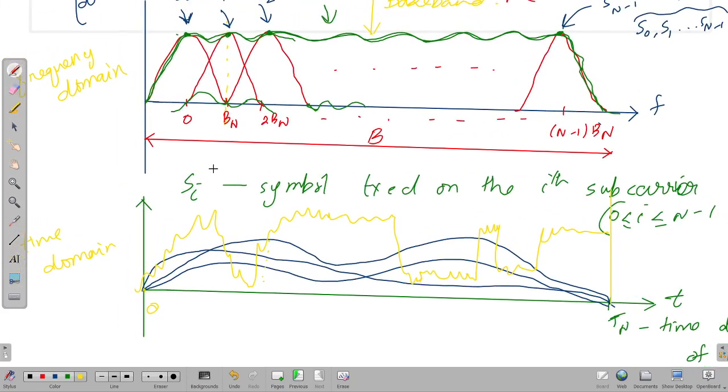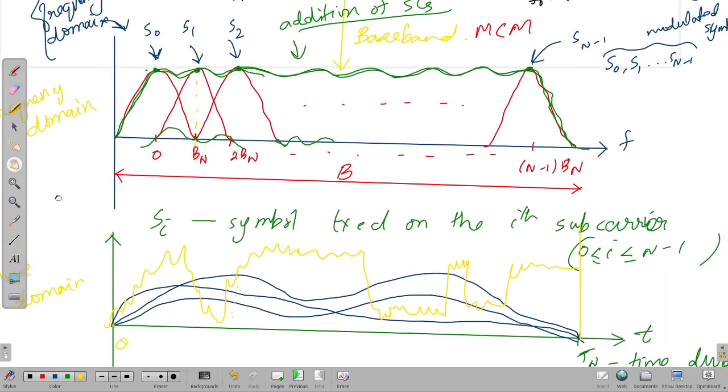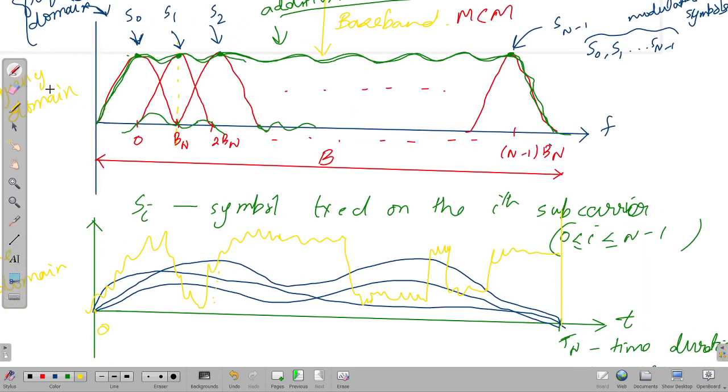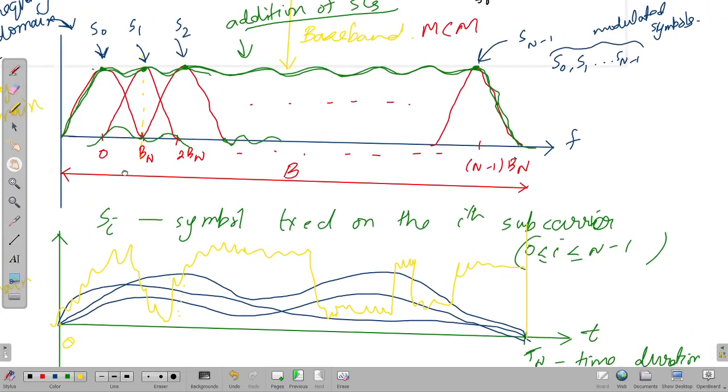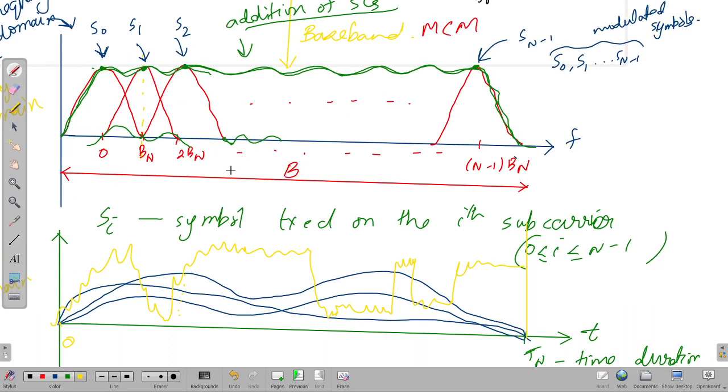Now, how can you get rid of n number of modulators? You see, multi-carrier modulation showed that you can have n number of modulators, each having a center frequency, and you can add all this together. But scientists in Bell Laboratories came up with an idea. They observed a particular pattern here in the frequency domain,